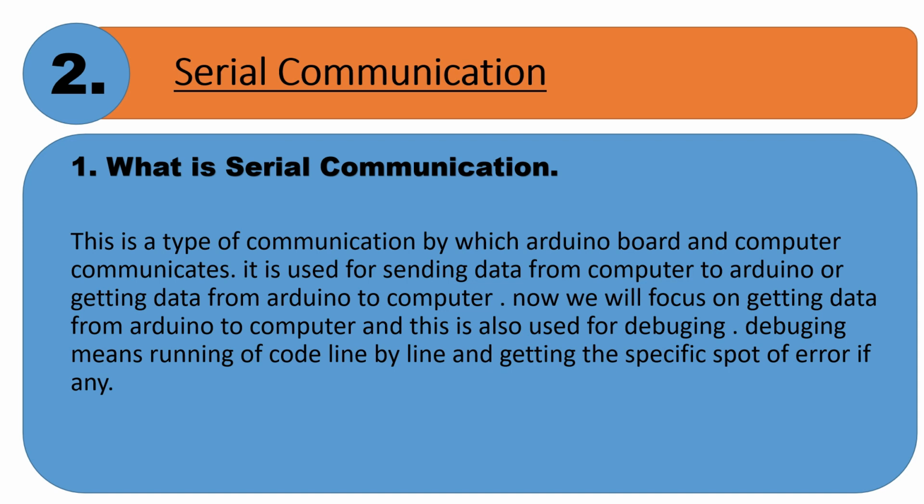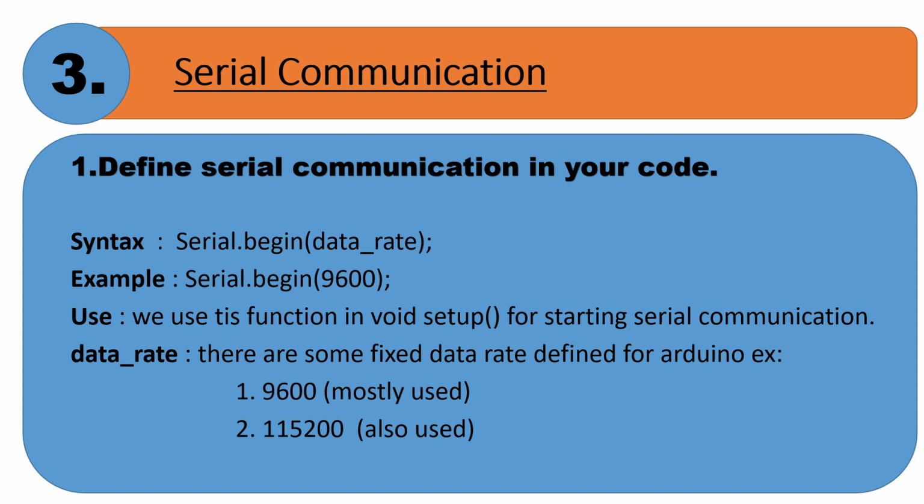So now, what is serial communication? Well, it is a type of communication used by our Arduino and computer for talking to each other. We use it to see what is going on in our Arduino. Like in the last video, I said digitalRead returns 0 or 1. But how can we see it on our computer? We will see that on our computer using serial communication. And today in our project we will do this only, and we will also see the 0 and 1 we are getting in real time. So now let us see how we can use it in our code.